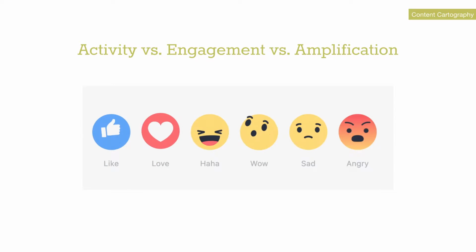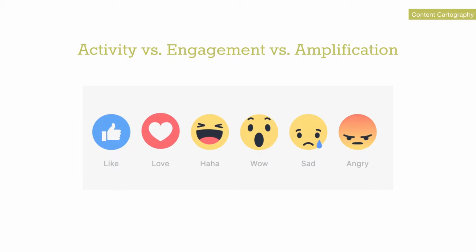So let's talk about something that's near and dear to our hearts, which is basically social activity, engagement, amplification, which is a hard word to say. Amplification. Thank you. So for us, there's a remarkable correlation between these three different facets: the activity that you have, the engagement that you derive from that activity, and then in turn the amplification that you earn from creating those loyalists. The correlation is there. It's a symbiotic relationship because without the activity you can't have the engagement, and without the engagement you can't essentially have fans that will share your stuff.